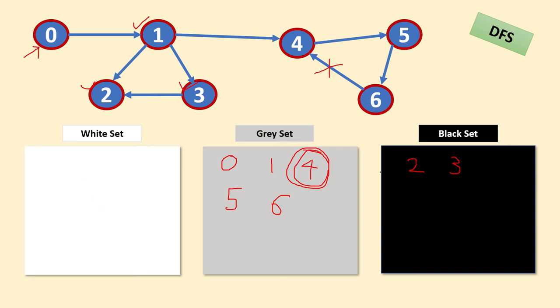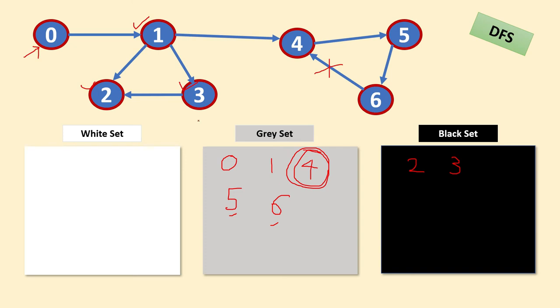The next thing to consider here is that we now know the loop is there, but how do we determine which of the nodes are forming the loop? So here, if you see, at 4 we actually got stuck, right? Because 6's next node was 4 and that we found in the gray set. So after 4, whatever elements are there, 5 and 6 all together form the loop here. 4, 5 and 6, if you see here, they are forming the loop.